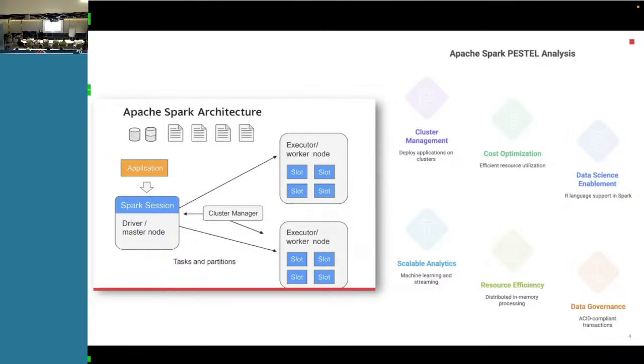So we will talk about processing big data. We need to understand, or more or less have a clue of, the architecture of Apache Spark to see the value. Understanding that will also tell us which functionalities in Fabric we should enable or not.